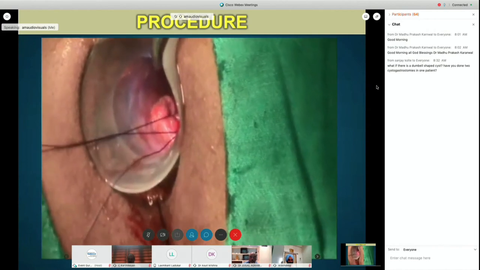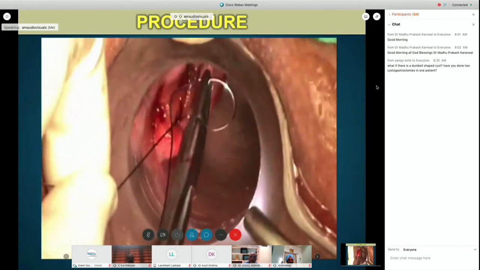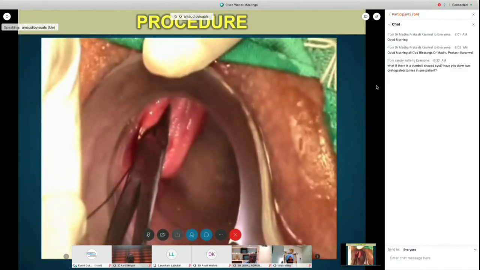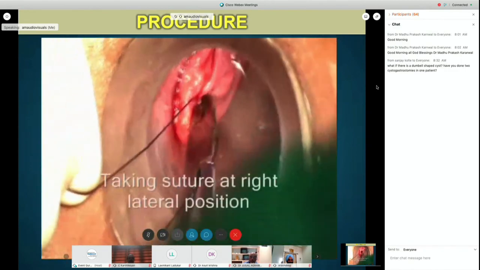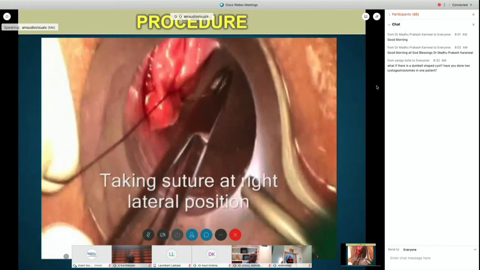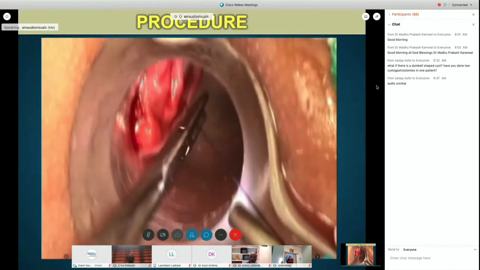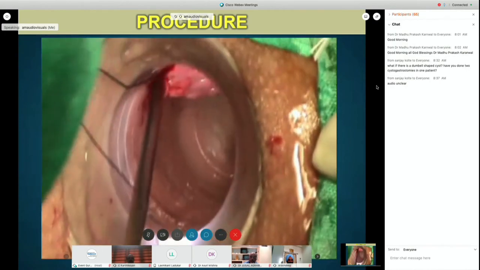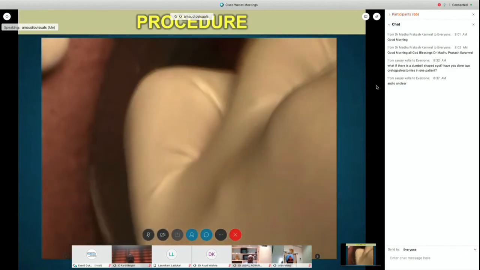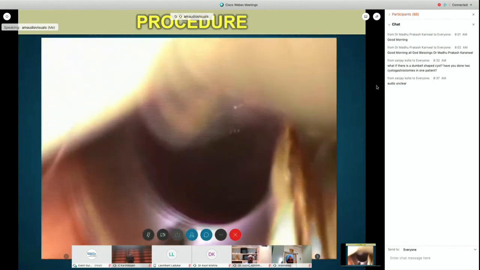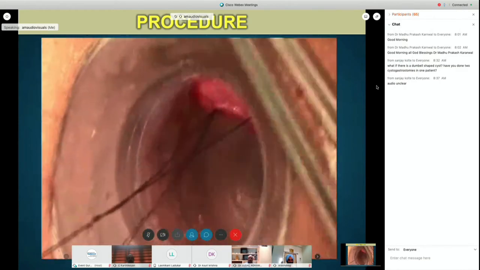These two suture lines create the bare area which avoids the formation of collaterals. Now we are at right lateral position. This is based on the principle that whenever the vessels are ligated at one level, it gives rise to collaterals. But when ligated or blocked at 2 levels, there is no formation of collaterals. The area between the two suture lines does not become ischemic and necrotic because of the transmural anastomotic network of vessels coming from the deeper layer.